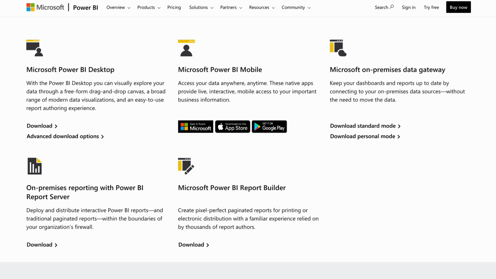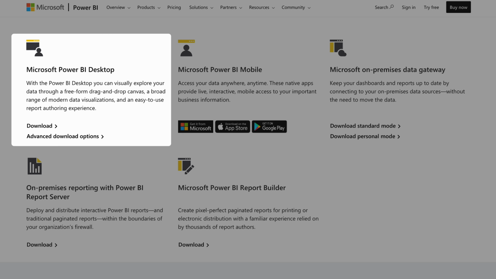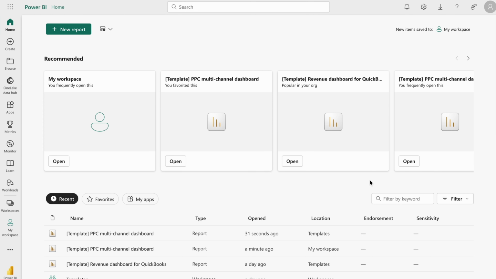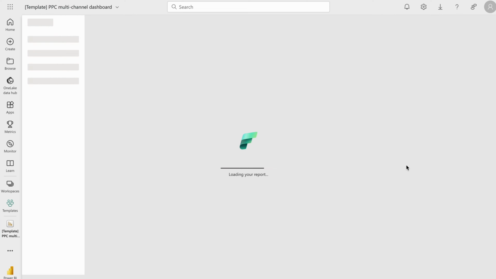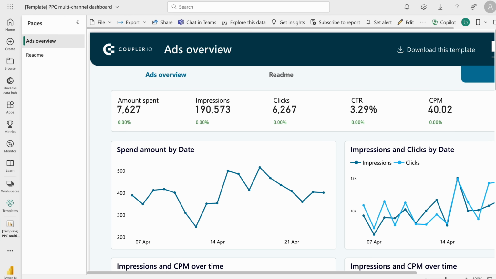Power BI offers several apps and also a cloud solution. To use Power BI for marketing analytics, you'll definitely need the desktop edition. It's the only app that gives you unlimited access to data sources and all the features of Power BI. It's only available for Windows, but you can use it on Mac with ease too, with the help of dedicated software. Then there's Power BI for the web, which offers a convenient way to collaborate on reports across organizations, view what others have prepared, and share dashboards with your stakeholders.